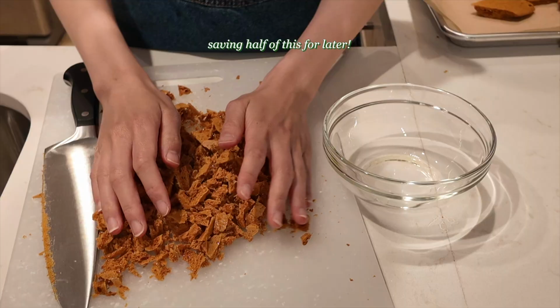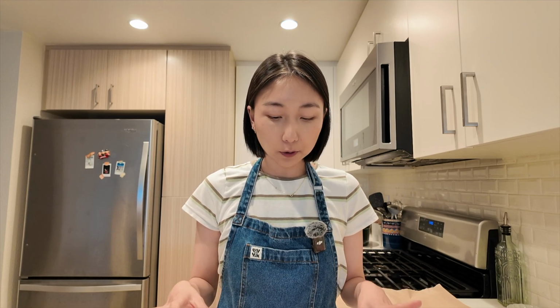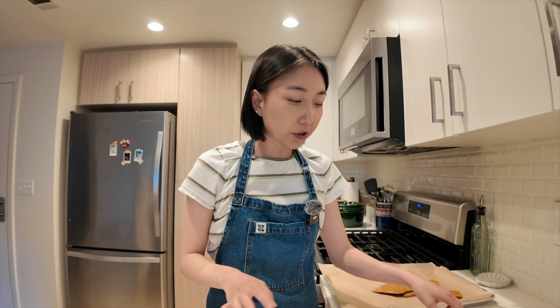So good. Okay, so in the Dessert Person original recipe, you save half of the mix crumbled like this and then mix that into the batter. The other half is ground up into a fine powder and added almost like flour. So I'm just gonna do the same thing because I really want that flavor to come through. I'm excited. Okay, so I'm currently measuring out all my ingredients for the cookie dough, which I should have done